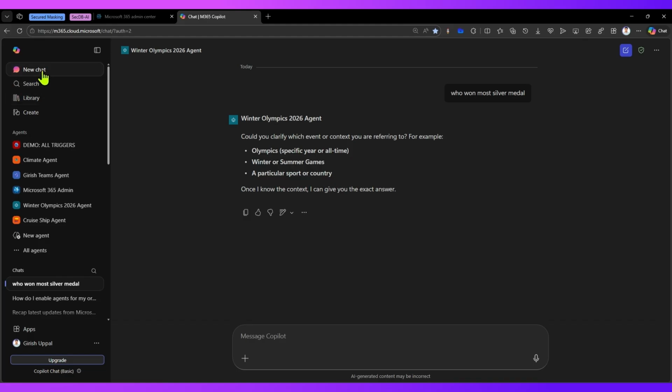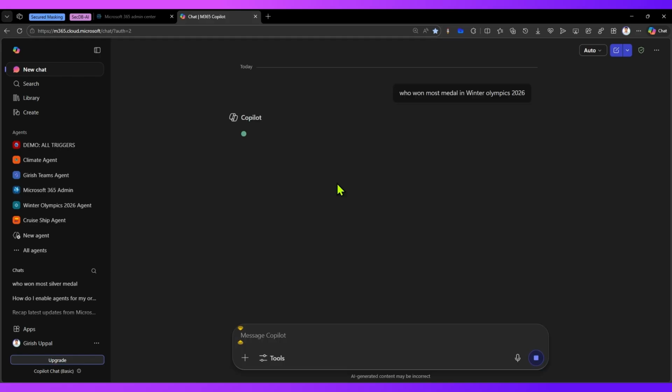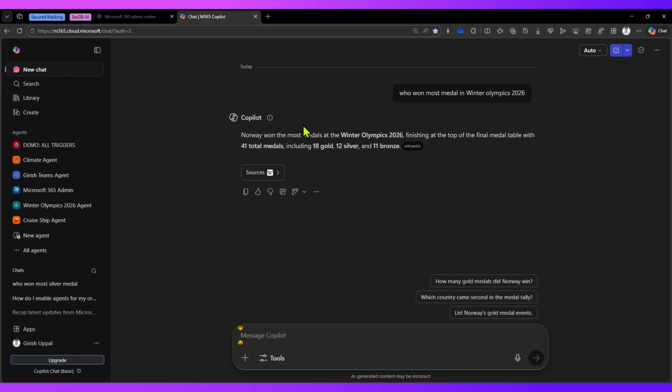Now, if you go to new chat in Microsoft 365 Copilot, which is this interface, I will ask who won most medals in Winter Olympics. This is the Copilot chat, so it will have access to all the information, and it has given me the response back. Now if I hover my mouse over here, you can see that I have an option to save the prompt. So I click on save prompt,